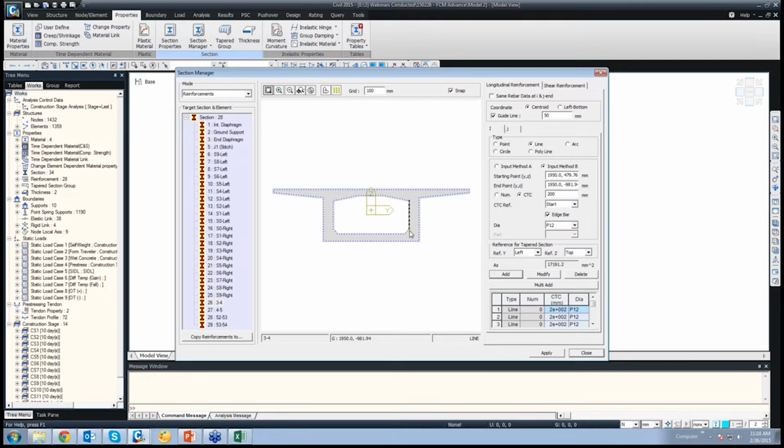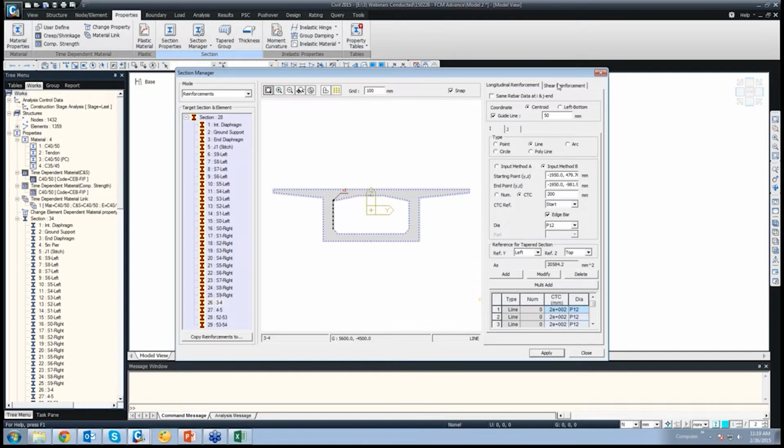So this way reinforcement has to be provided for all these sections which we need to design. So these are the longitudinal reinforcements. Okay. So now once this is done, we have to click apply.